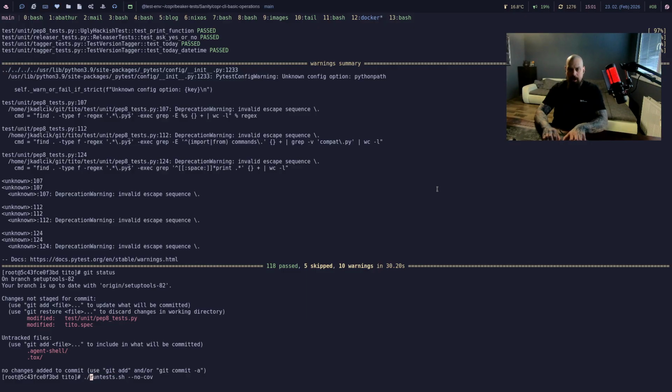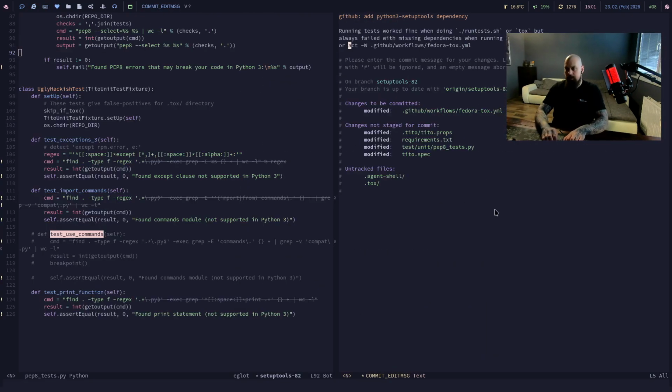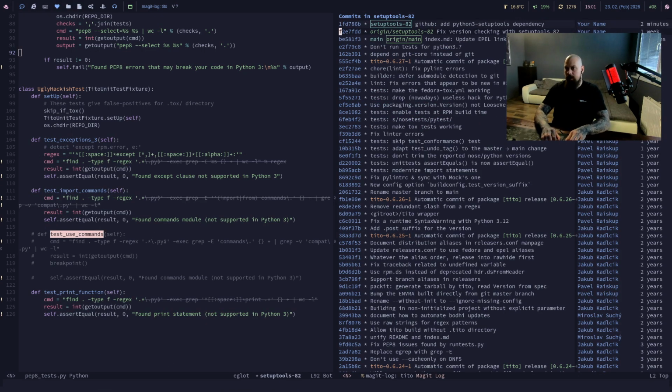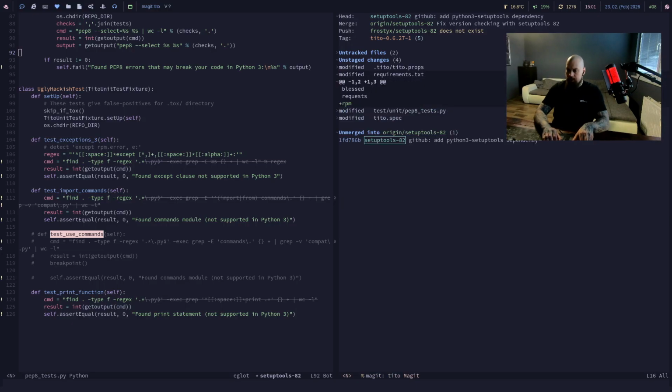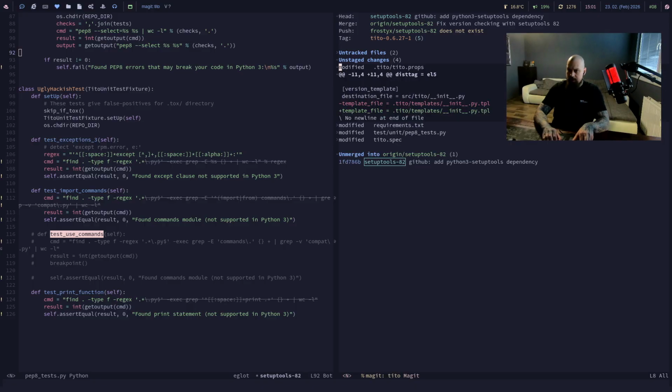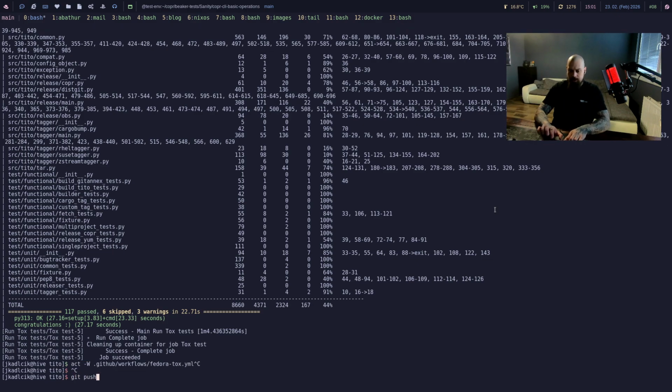And let's put the act command here. Maybe somebody will appreciate that as well. So let's put this here. We are at setup tools 82. Yeah, cool. So this missing dependency, let's ignore that. Let's try to git push,